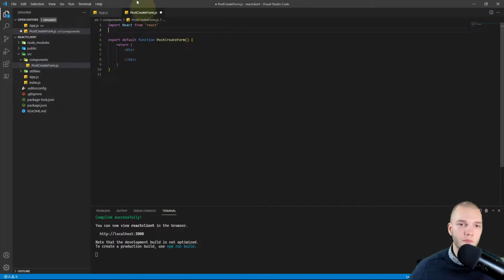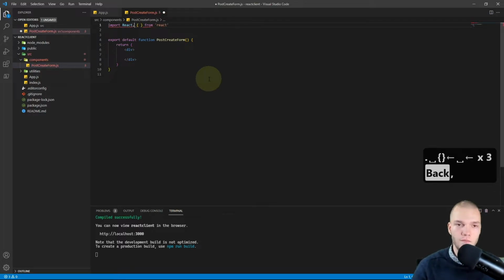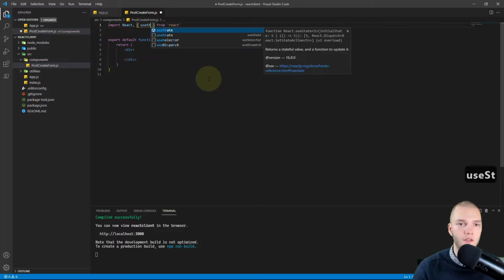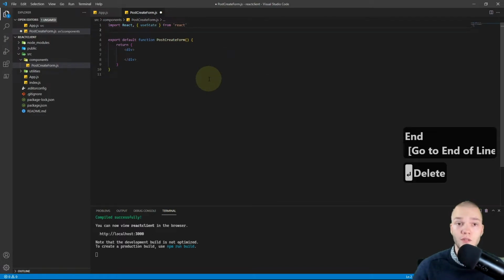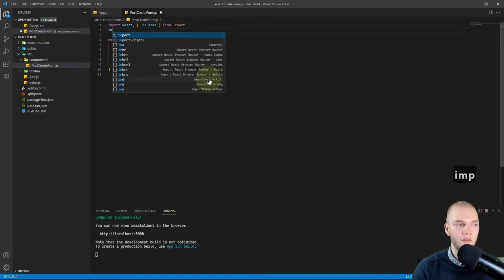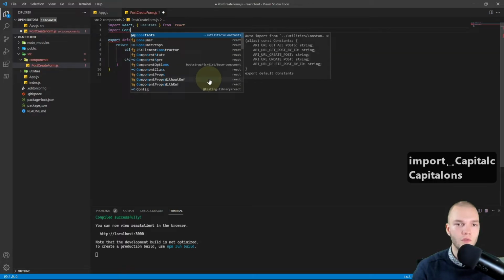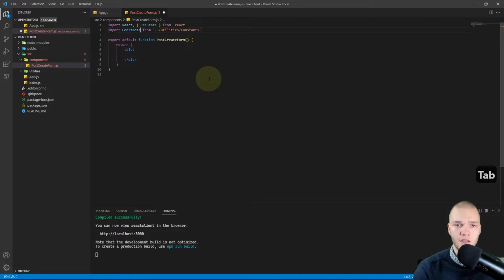So on top of React, we're going to use the React state here. So I'll import that. So comma, curly braces, and useState. And I'll also import our constants. So import constants, and VS Code already knows. I'll just hit tab to import that.